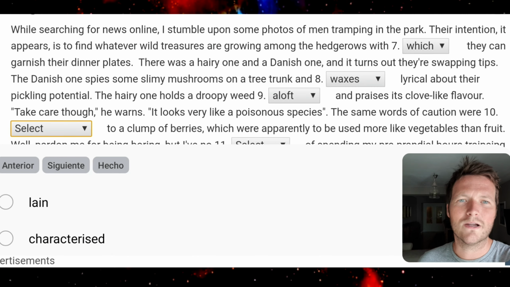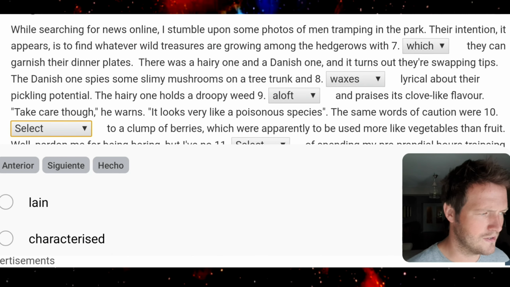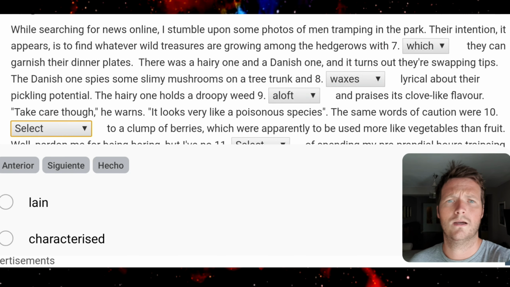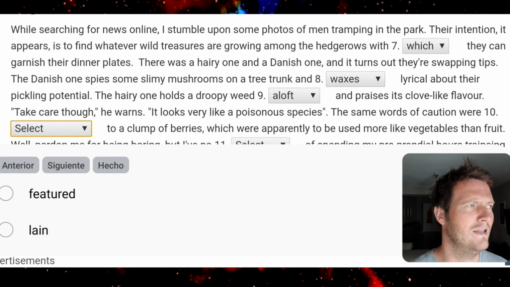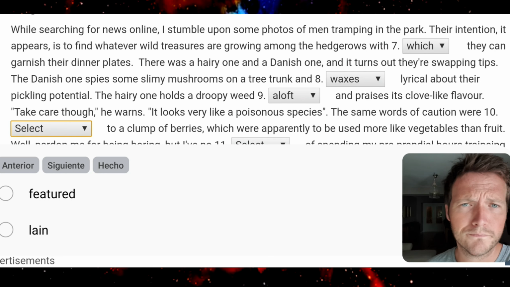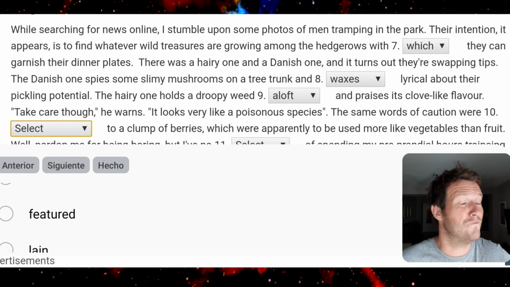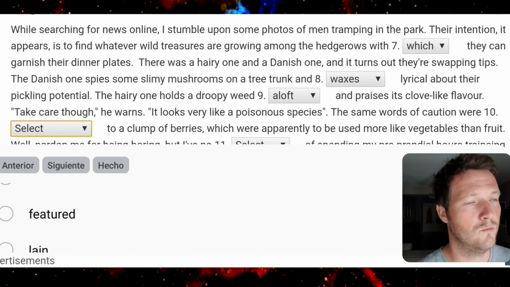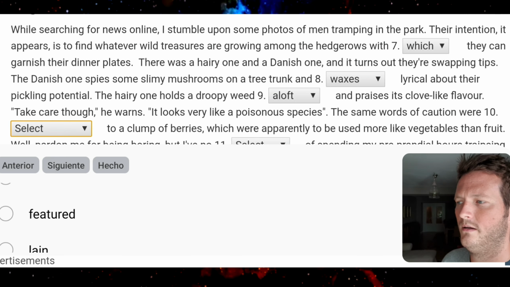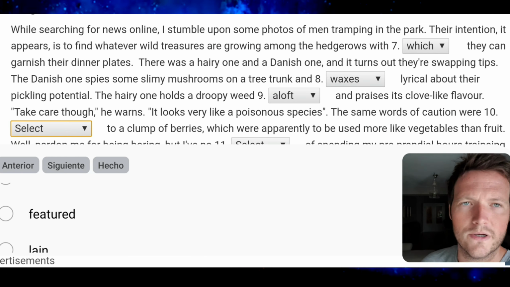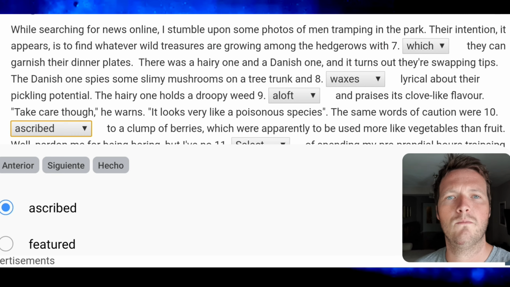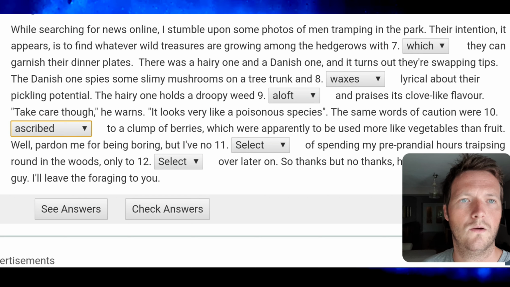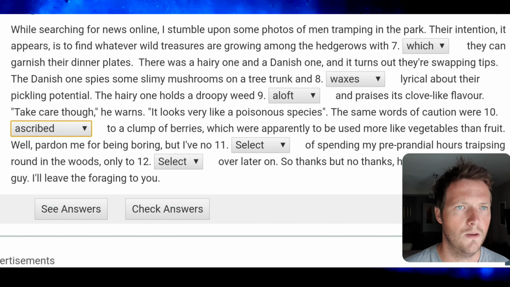lane, characterized. Well, we're not characterizing anything. The berries could be characterized as dangerous. Lay, you wouldn't really lay words. Featured, an article can feature words, I guess. If this were an article that we were describing, we could say it featured a description of the berries. Nah, it's the same words were ascribed to a clump of berries, which were apparently to be used more like